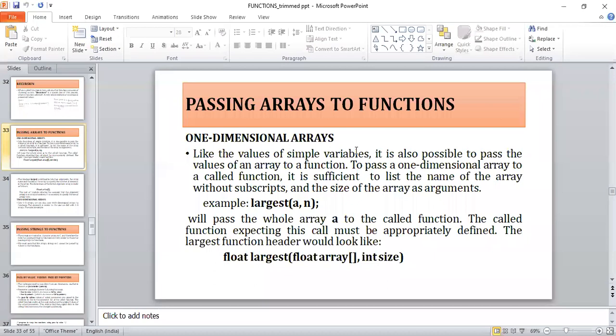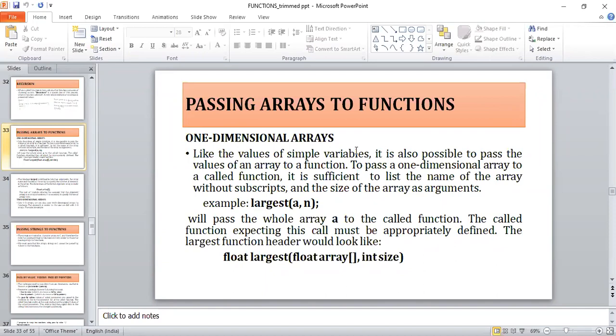That is how we can send an array as an argument to the function. For example, largest of a comma n. Here, largest is the function which is going to find the largest element in an array, element by element. What are the parameters for this function?